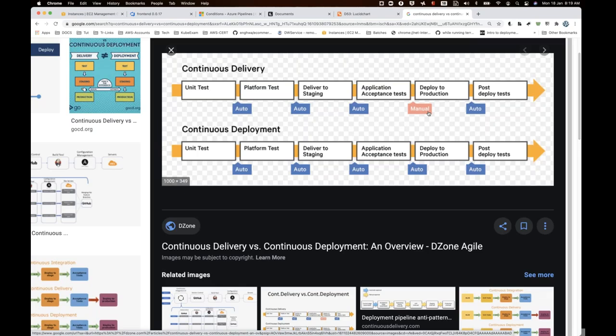I mostly work for enterprise organizations, so continuous deployment is too scary. Your developers should write the code in such a way that it never fails on production. Only then can you go with that.